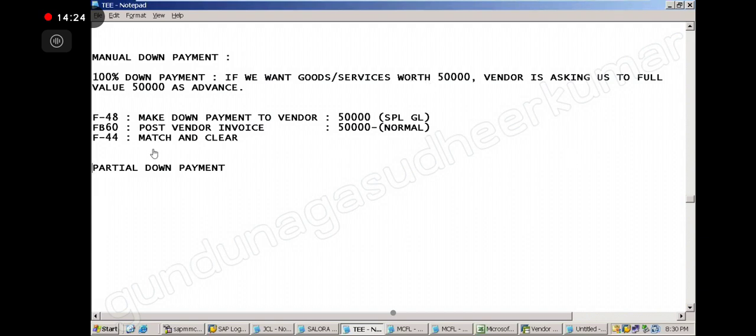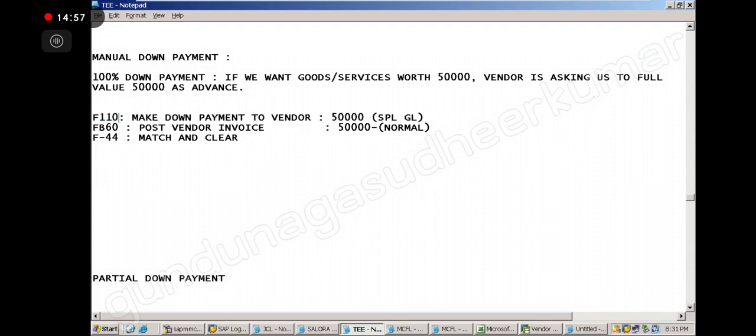Now what I want to do for this is replace this F-48 with F110.